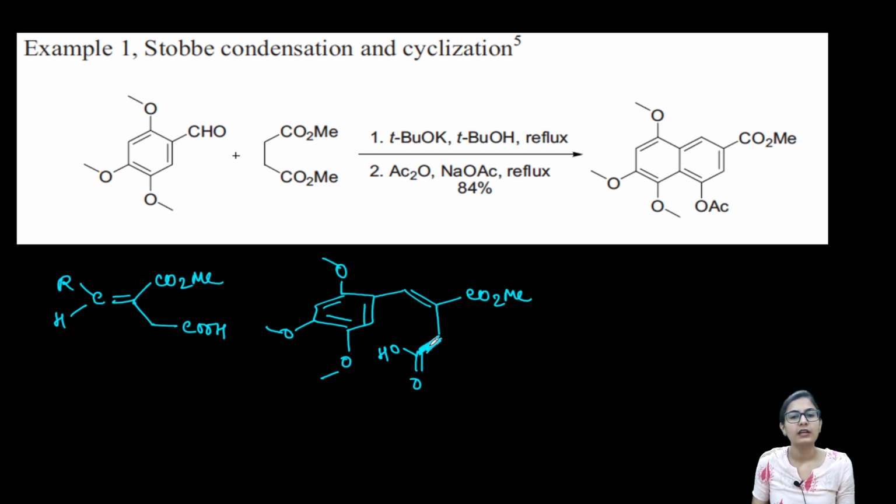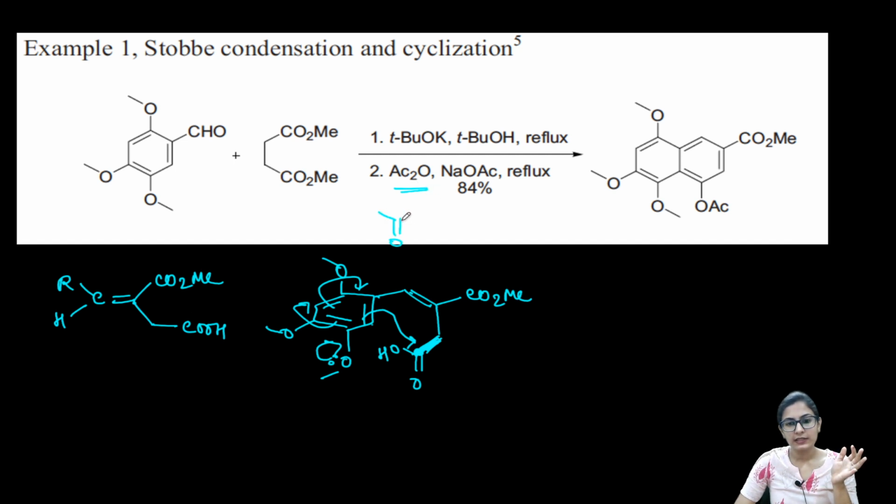Okay, right. So now, as you already know, the oxygen is going to assist in the attack onto this carbonyl carbon, and as you observe, 1, 2, 3, 4, 5 and 6 member ring is going to form. Now before moving on to the mechanism, let me quickly tell you that you are getting CO minus, and that CO minus, or the COH group, can also attack on the acetic anhydride.